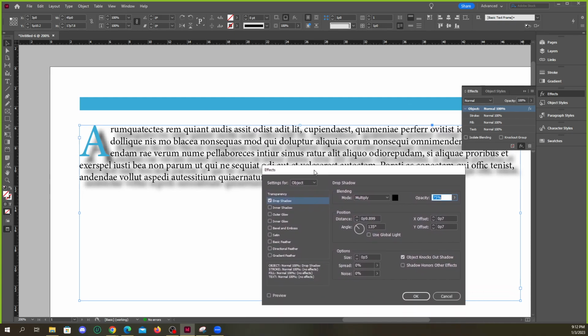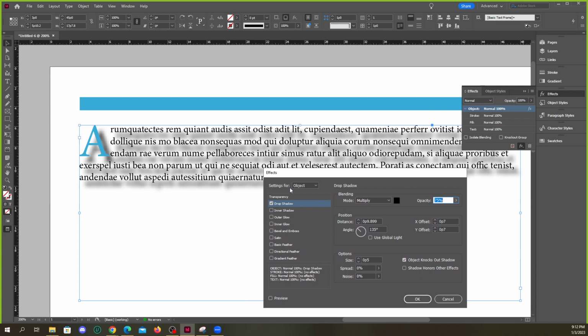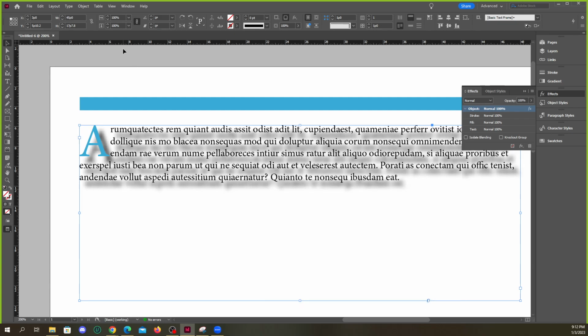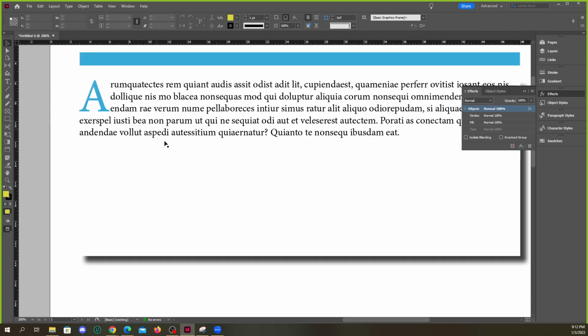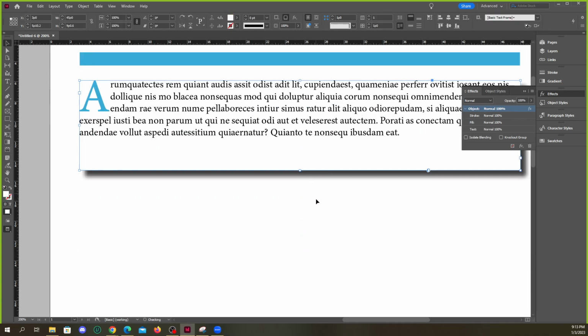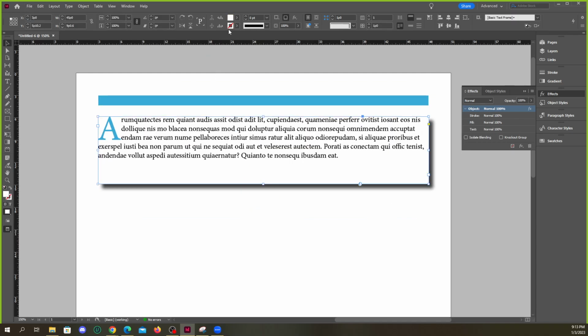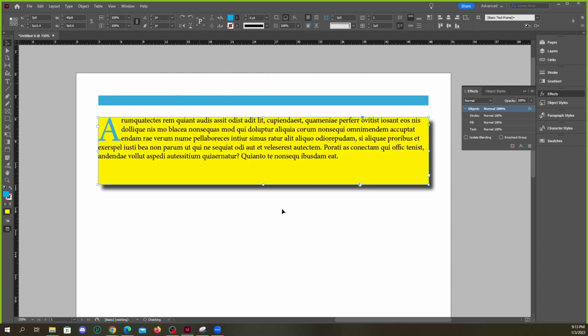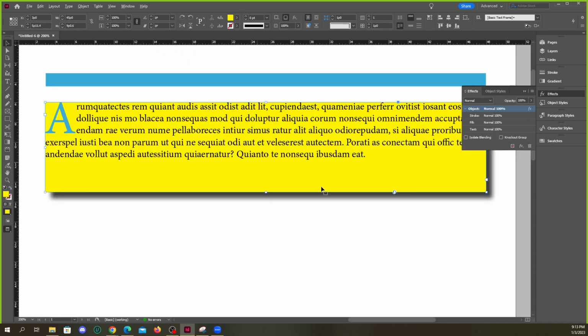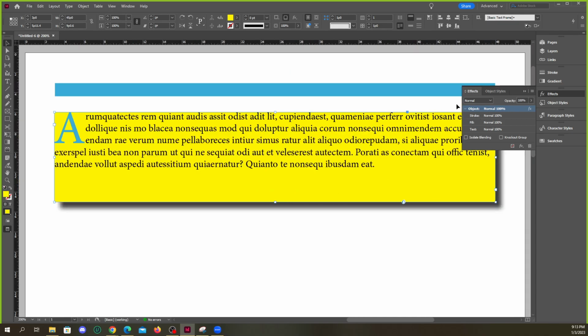Since there's no fill on the object, there's no stroke on the object, it's just going to the text. But if I did have a fill on this, maybe white, then you'd see it only applies to the box. Let me make that a different color so it's more obvious. Right, so you can apply it to the text, the box, or